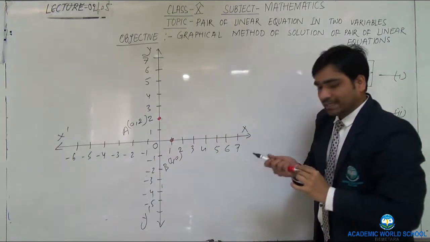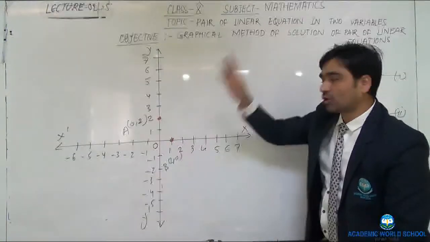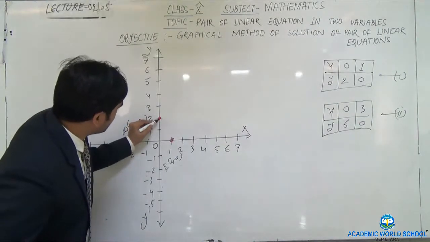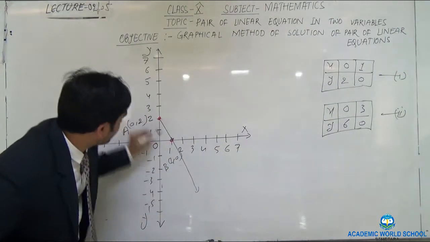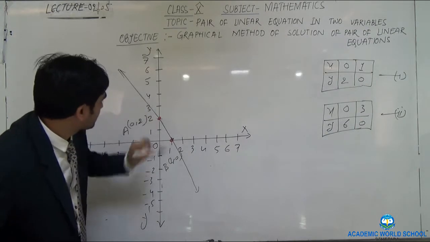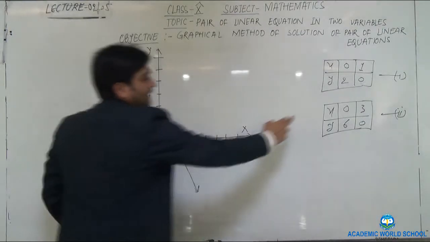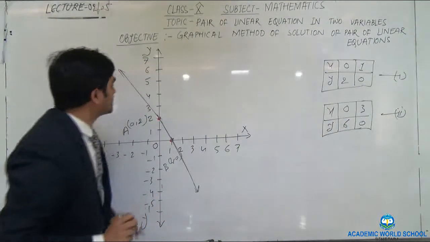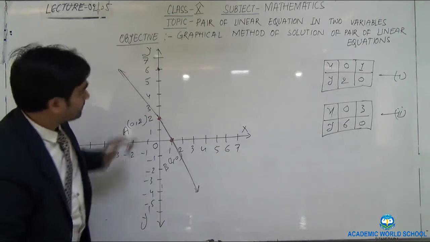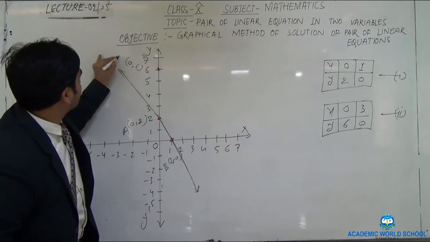So again, what we are doing? By joining both points A and B, we will draw a line. So by joining both points, you will get a line like that. Correct? Now for the second value, substitute x equals 0 and y equals 6. So x equals 0 and y equals 6. This point (0, 6), let's suppose this is point C,